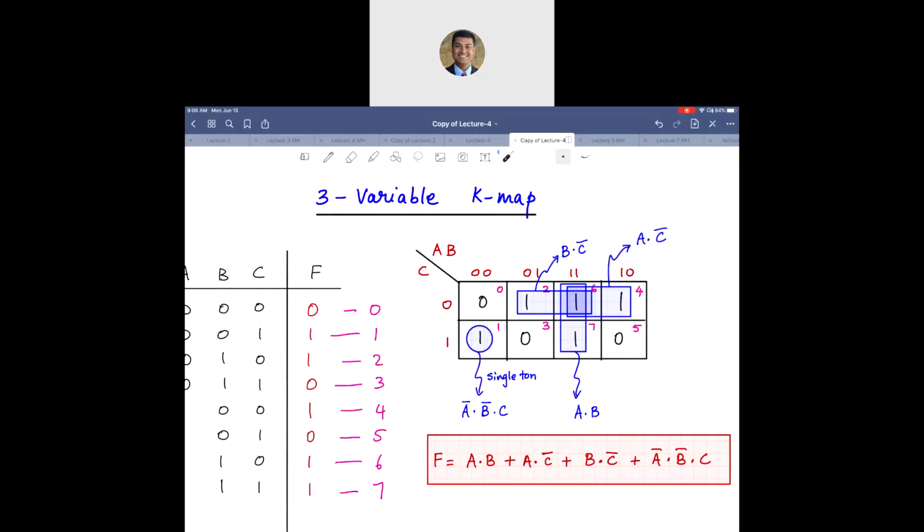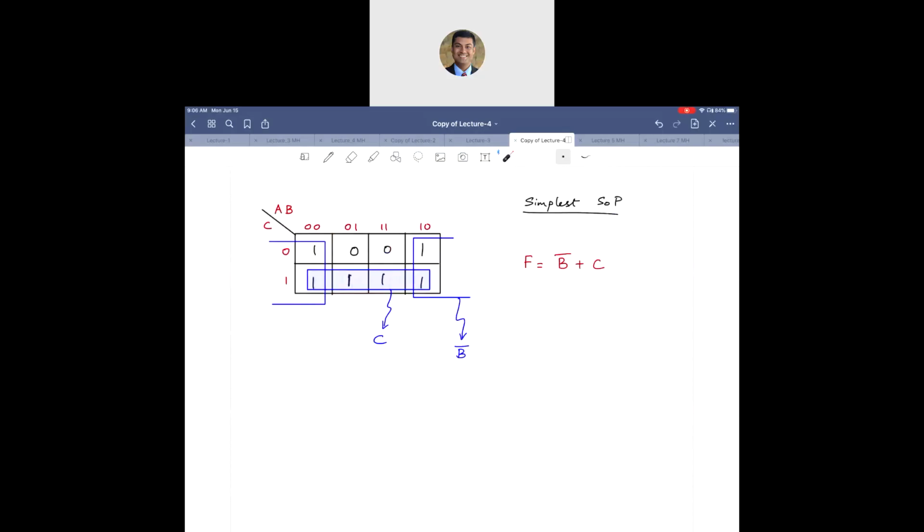In the case of SOP, the same thing will transition to the bigger group of zeros you make, the smaller the sum term will be for POS simplification. That is coming up later. All right, questions about these 2 examples for the 3-variable K-maps? All right, next,